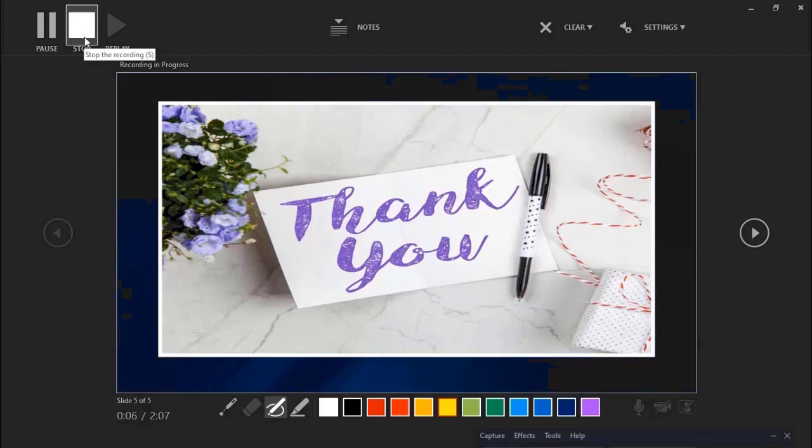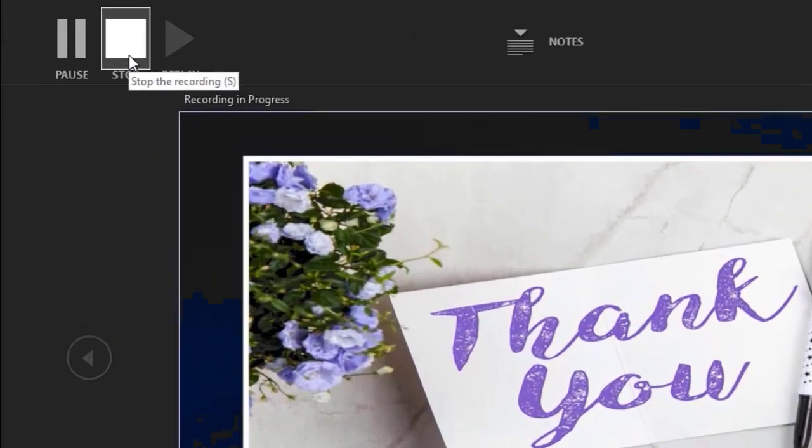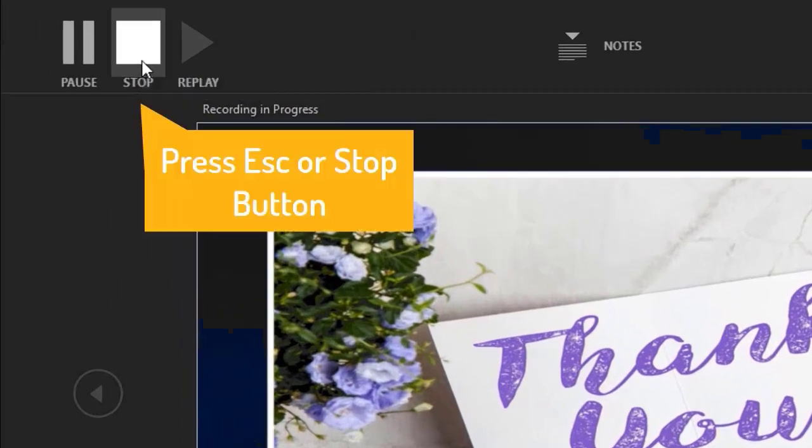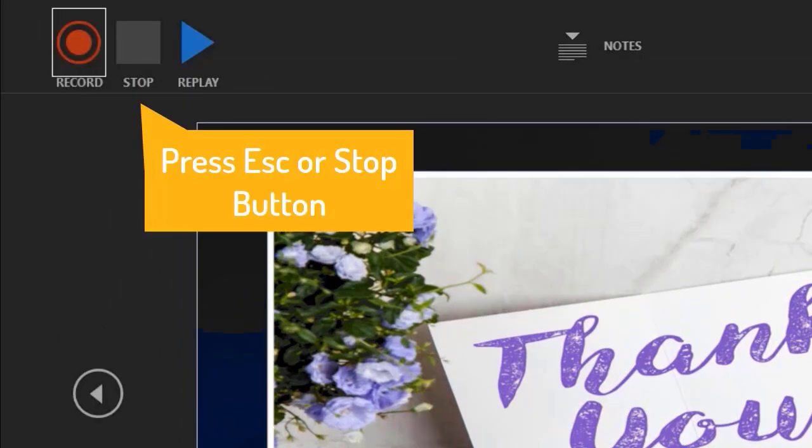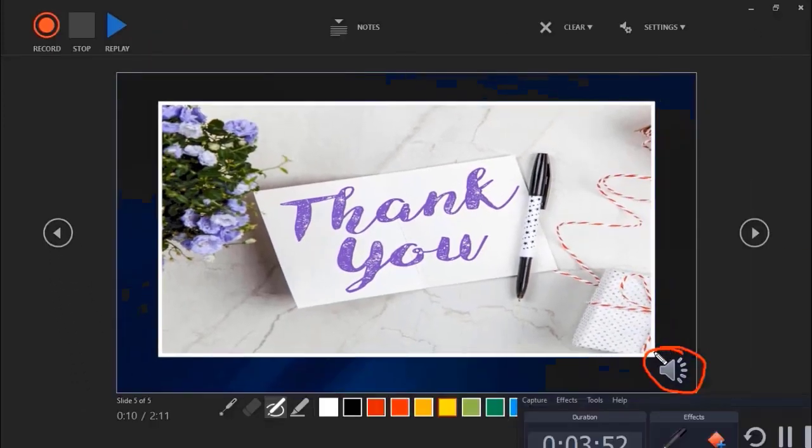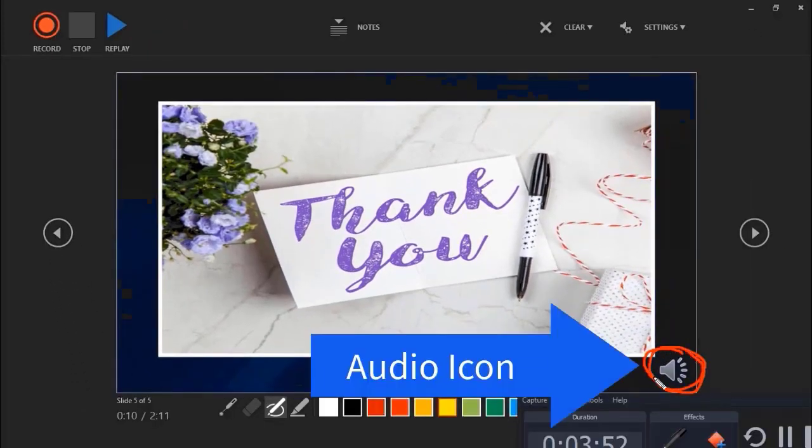If you need to stop the presentation, either you can press the Escape button or directly press the stop button here. Now you can see there is a sound icon here, right? So if you want to replay all of this,